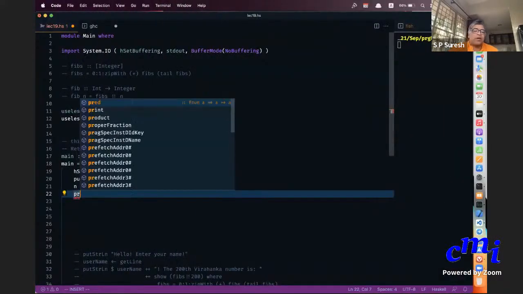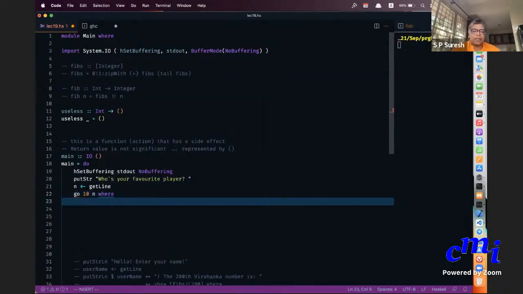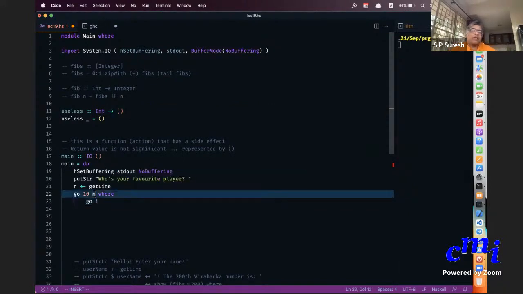I'll say print, I don't know. So go 10 times. Where go is go 10, I can say.